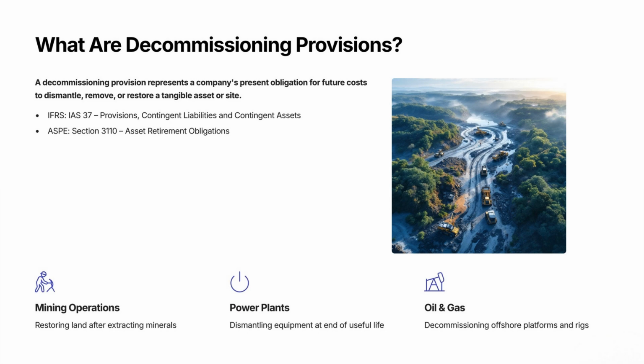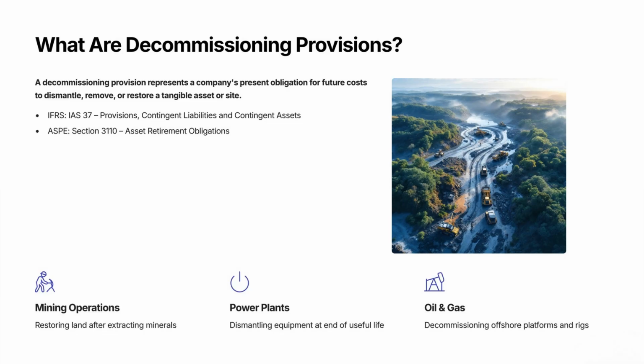Before we jump into recognition and measurement, let's start with the basics. A decommissioning provision represents a company's present obligation for future costs to dismantle, remove, or restore a tangible asset or the site on which it sits. Think of it as a cleanup cost. For example, a mining company restoring land after extracting minerals, or a power plant dismantling its equipment at the end